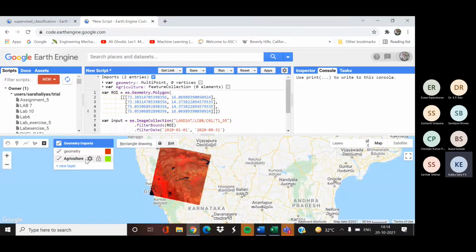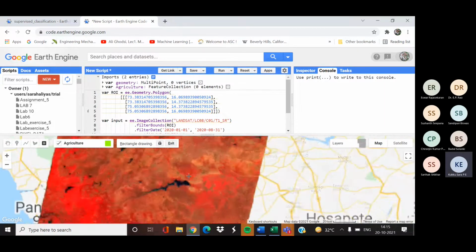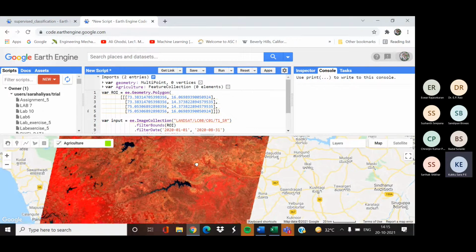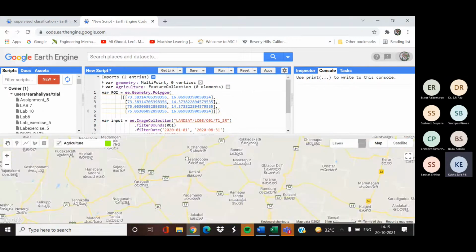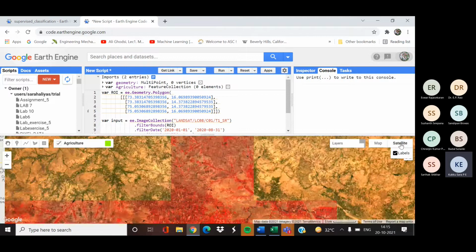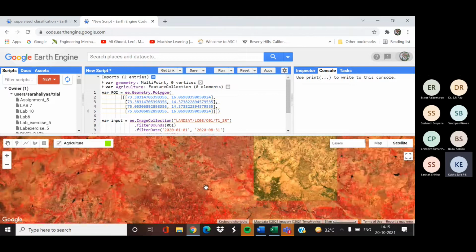Now we need to collect the training points for agriculture land. Let's change the background image to satellite imagery.